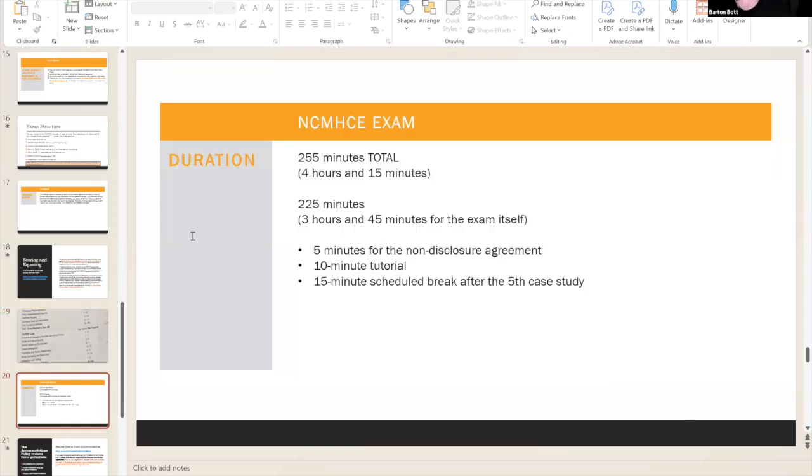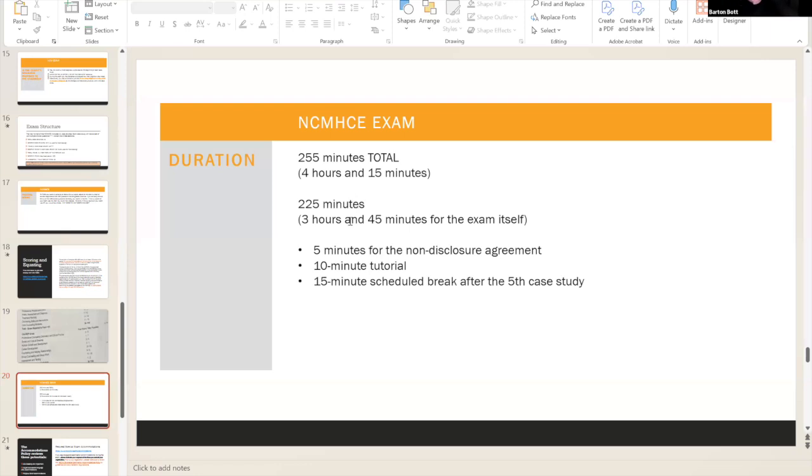How long does it take to do this exam? Well, they give you 255 minutes, 4 hours and 15 minutes. Believe me, your butt's going to be sore when you get done taking this test. But 225 minutes, that is 3 hours and 45 minutes, is the actual amount of time you will have